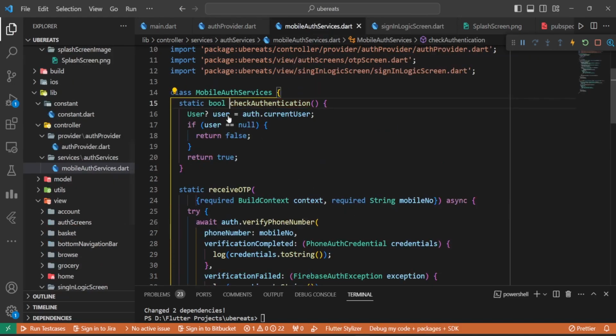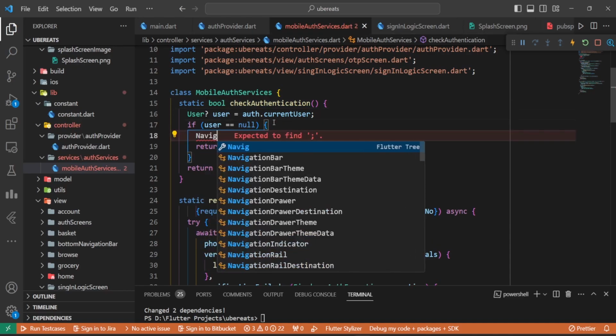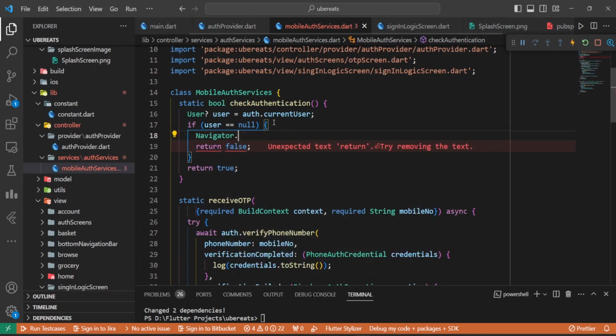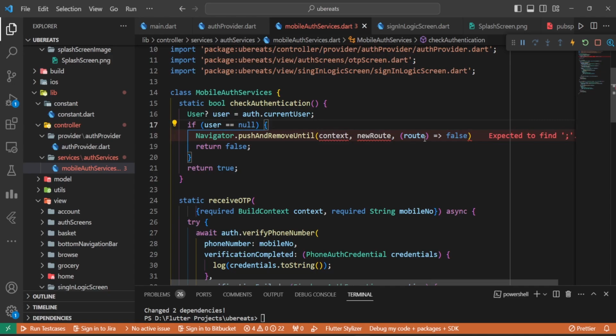Okay, we can do one thing like check authentication. Yeah, instead of this thing, we can navigator dot push and remove until